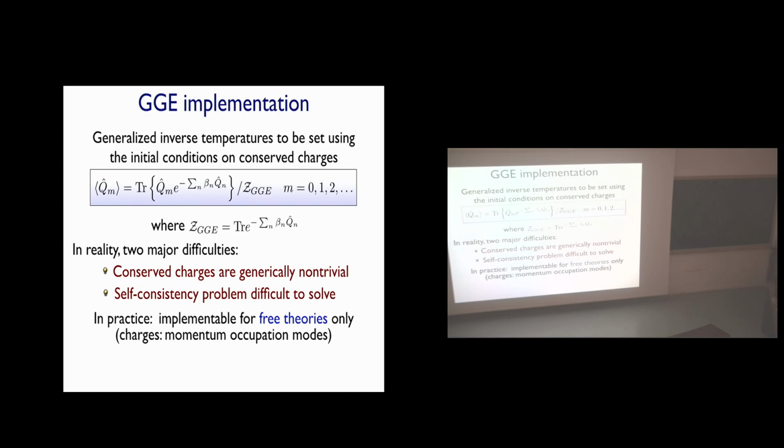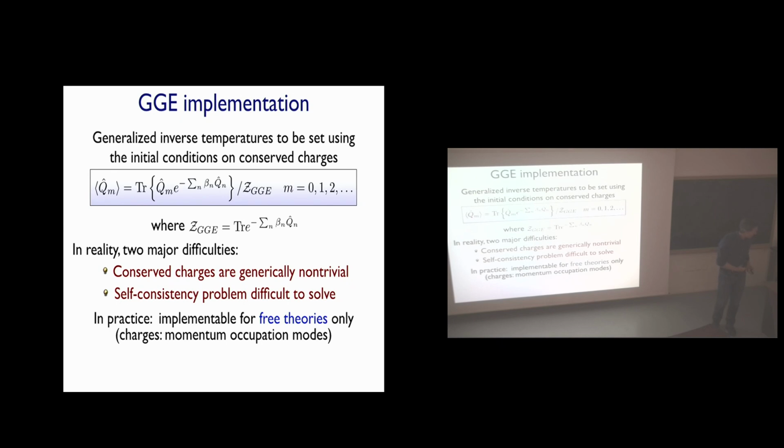And why is that? It's because you can do this numerically, but most importantly, if you have a free system, then things are simple. When you have a free system, for example, a translational invariant system, then your conserved charges are things like momentum occupation modes. So your whole problem here factorizes into one-dimensional problems of a conserved charge at that fixed momentum. So then you have an occupation being 0 or 1 at that momentum. And then the whole problem factorizes into a problem with different momenta. So then you can do it. But the moment you try to do it with truly interacting models, it's much more difficult.